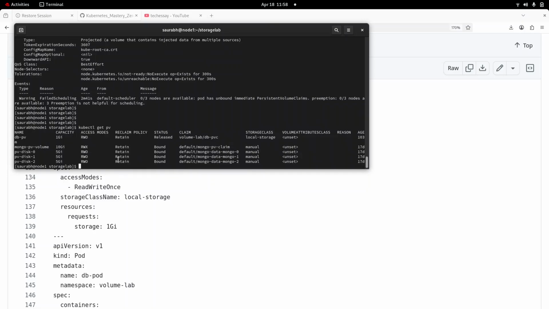Here you can see that its policy is set to retain. It means data will not be recycled when a new pod claims this. Once we stopped our old pod and try to claim with a different pod, basically why is the claim